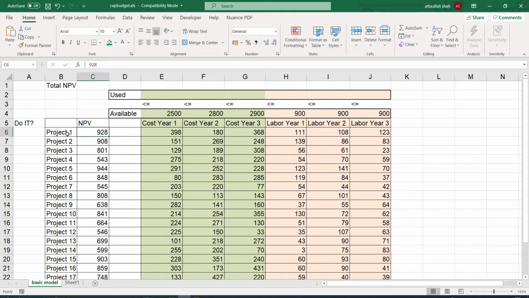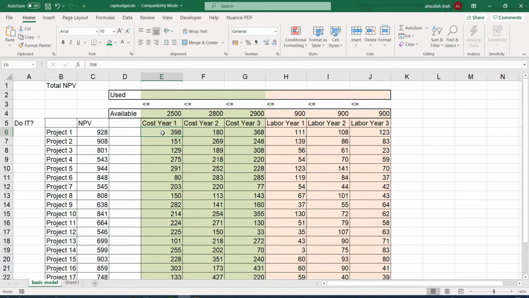Okay. So in column C we have the projects' net present value. In column E, F and G we have the total cost of these projects, and these costs span over 3 years.